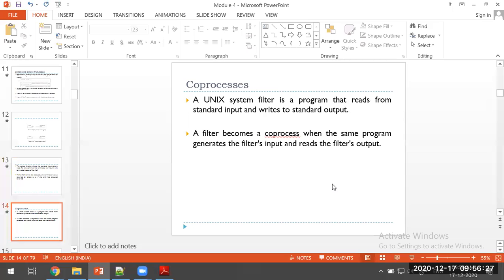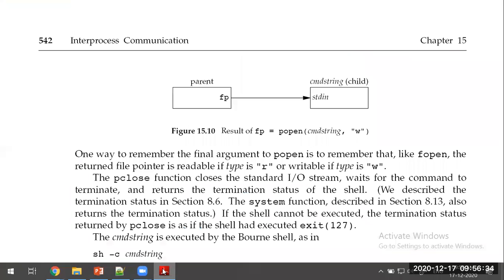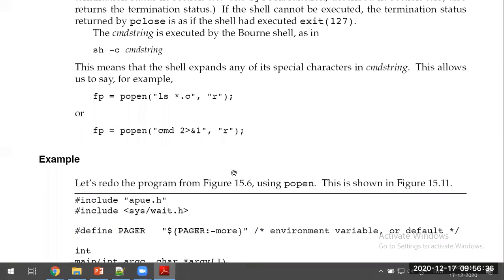The next thing we are going to discuss is process. Which one? This is the way you are going to give the commands: popen("ls *.c") open in the read mode, and command 2>&1 in the read mode. This is how we are going to open popen